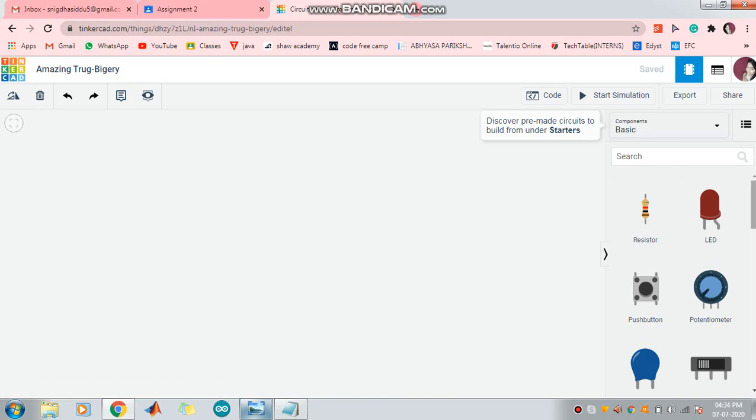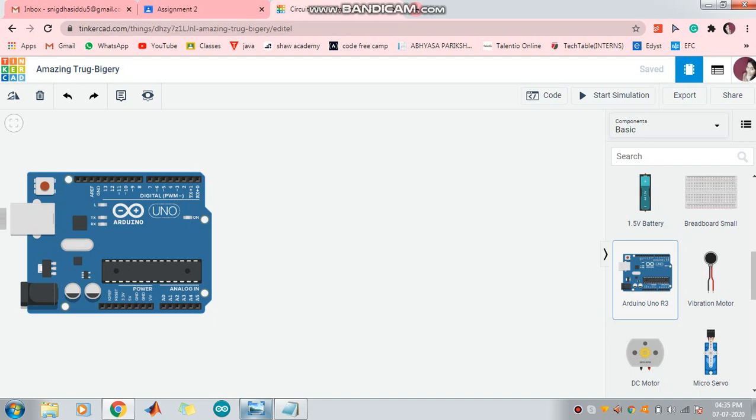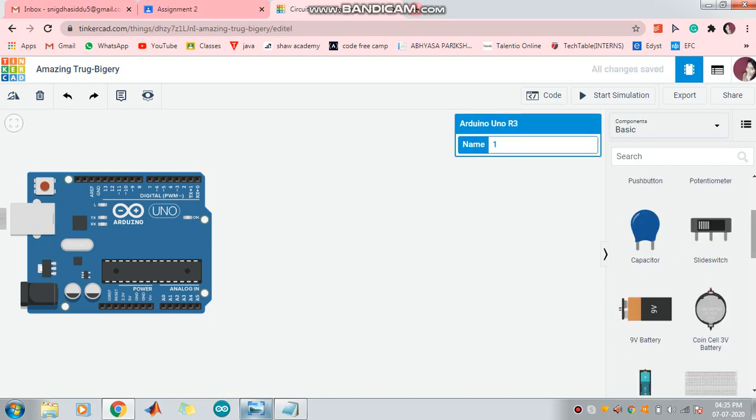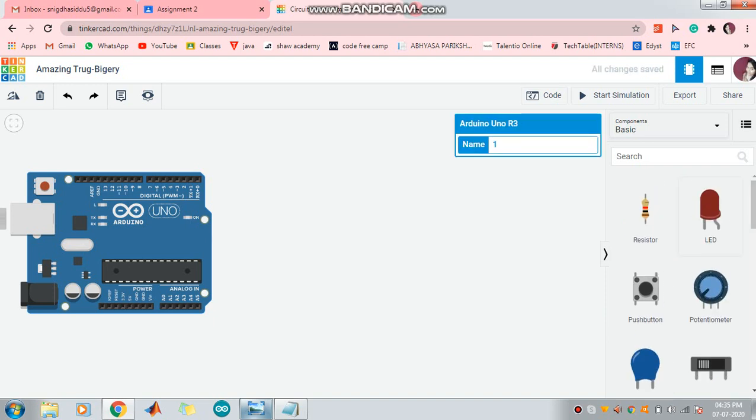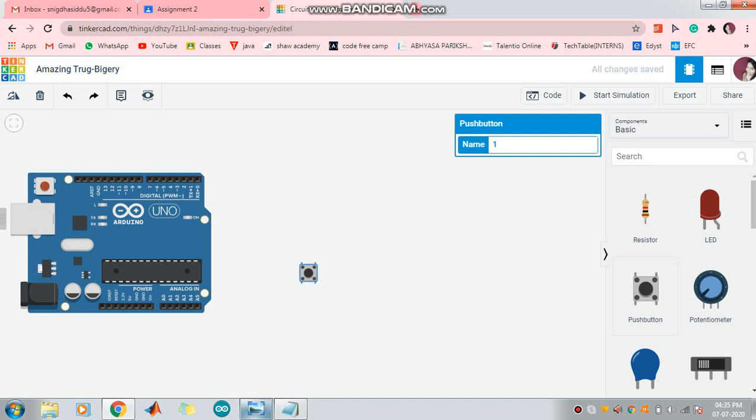Now let us firstly drag and drop our main component, which is Arduino Uno. So we will drag and drop it. Now as we know, we are going to construct it using one LED and two push buttons.